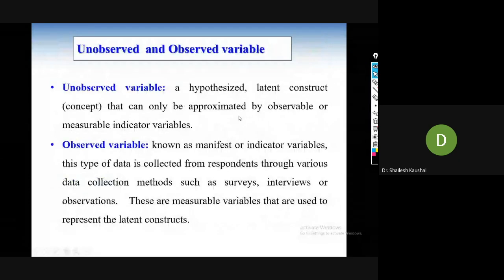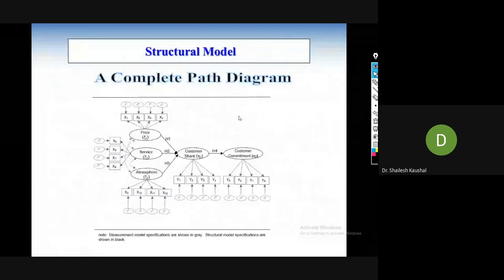So in this path model, you can see it is a path model. Here in this path model, the price is causing this variable, the arrow from this to this. Price is causing this variable x3. So these are the symptoms x1, x2, x3, x4.